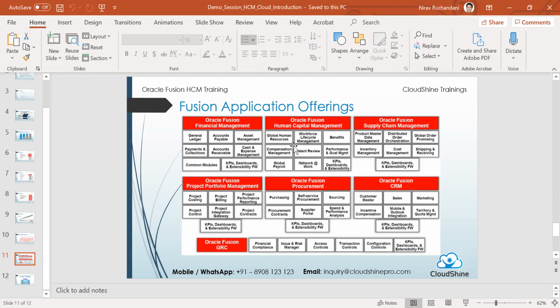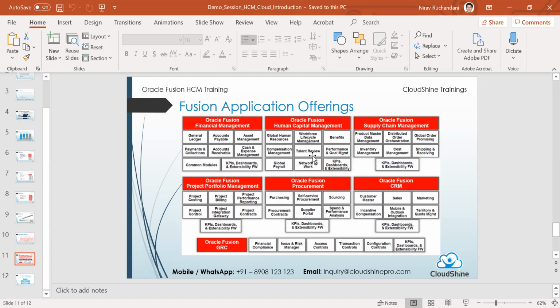Compensation management is the employee's salary and components within that salary, and the entire process, say, of your increments, bonuses, etc., is something which is housed in compensation management. We have goals and performance management, which talks about setting of goals, doing the appraisals in the system, managing the employees' performance, and that feeds into another module which is called talent review and succession planning, which caters to how you manage the talent after their performance is assessed.